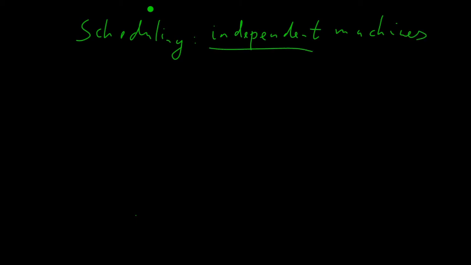Okay, now here we still have m machines, and for the input we have jobs to complete and we have to assign them to a machine. But right now we have a job